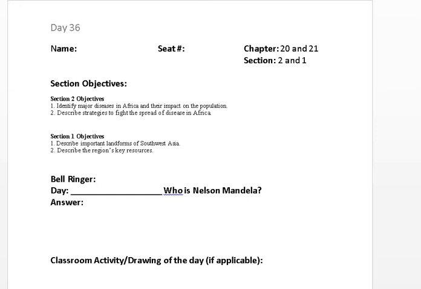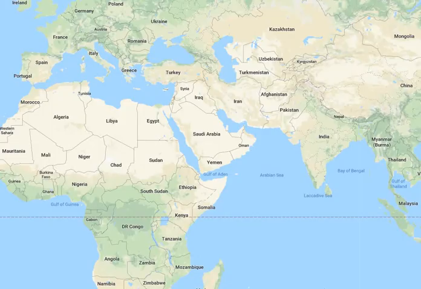Today's lecture will be over Chapter 21, Section 1. Objectives: Number 1, describe important landforms of Southwest Asia. Number 2, describe the region's key resources. So the first thing that we're going to look at is the area on a